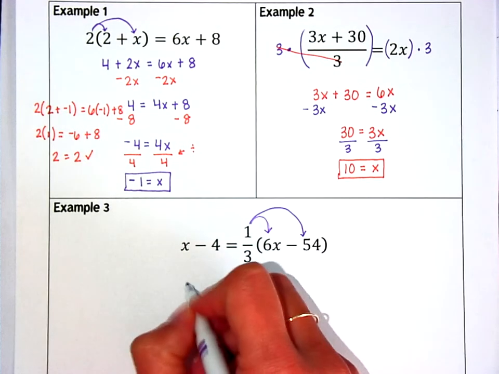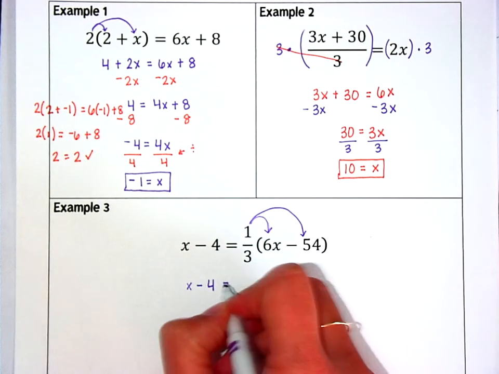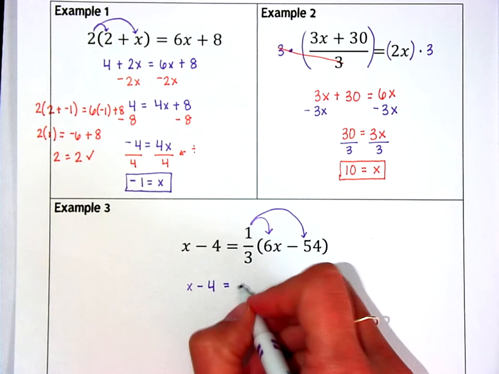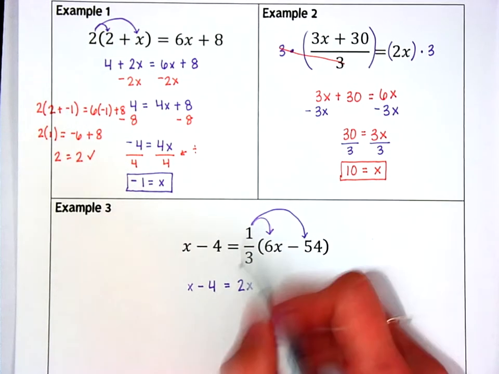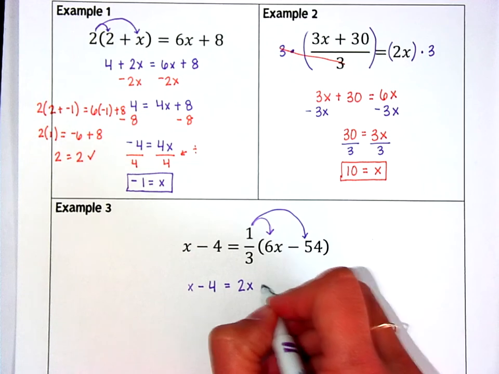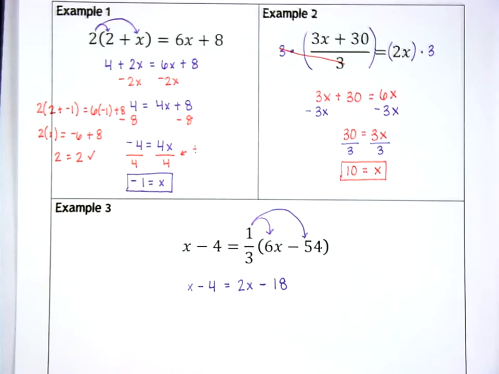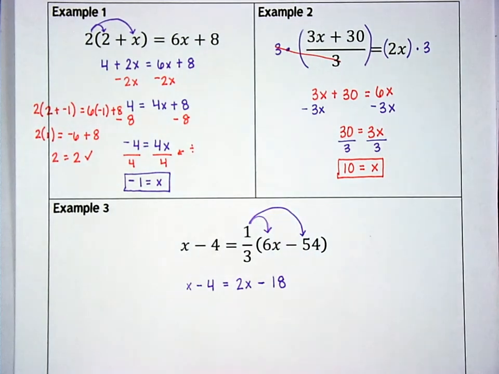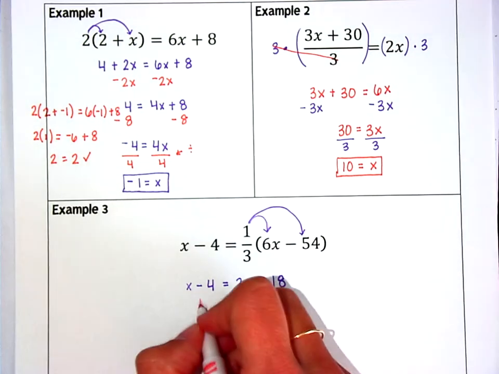So we have x minus 4 on the left side, and that is equal to 1/3 of 6x, which is 2x, and then 1/3 of negative 54, which is negative 18. So now I can again begin that process of going through and simplifying and moving my variables to one side and my constants to the other side. So we really can go in any order that we want to. So I'm going to kind of throw a curveball at you here, and I'm going to move my constants to one side first. So I'm going to start by adding 4 to both sides